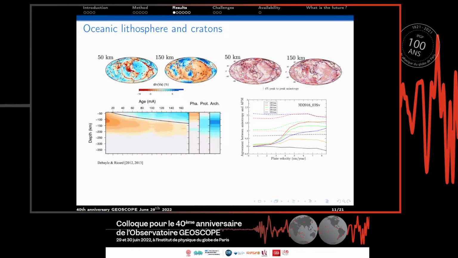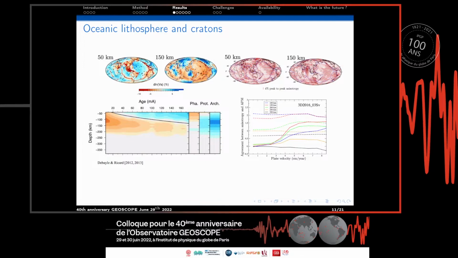So here are these results, the observation of the oceanic lithosphere made from global tomography, where you see very well, if you make an average of the shear velocity with the age of the oceanic plate, the thickening of the lithosphere with age. The black line is what is predicted by the half-space cooling model. So you see, we explain very well what we observe. This is a very nice